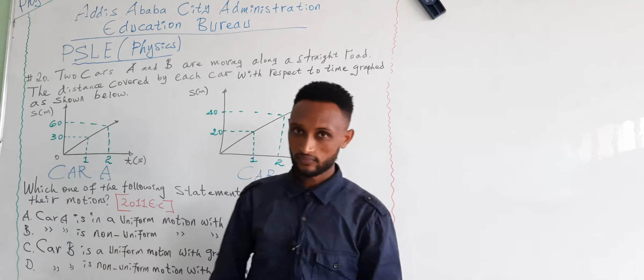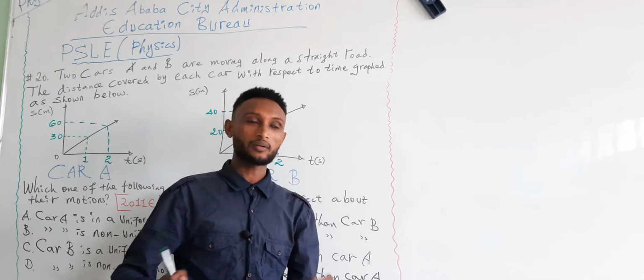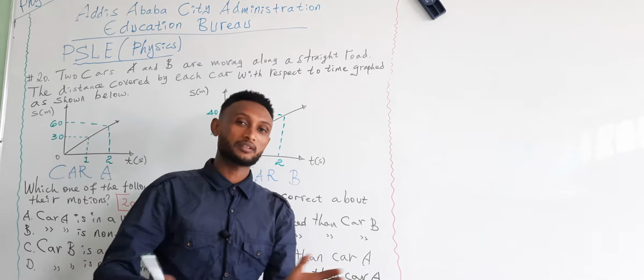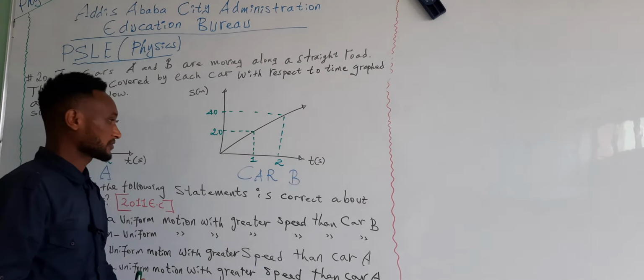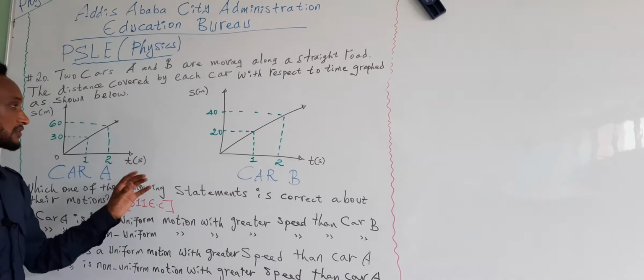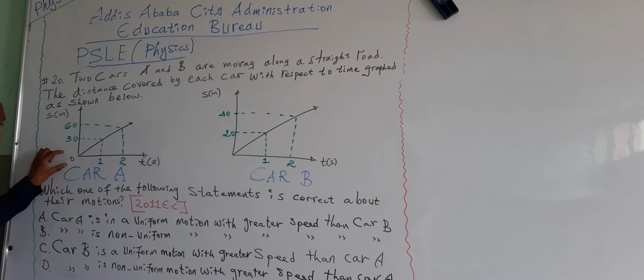Let's see. We know that motion may be uniform, non-uniform, or uniformly accelerated, and generally motion can be represented by a graph, the graphical representation of motion. Here the motion of the two cars, car A and car B, is given by a graph. Let's see, for car A,